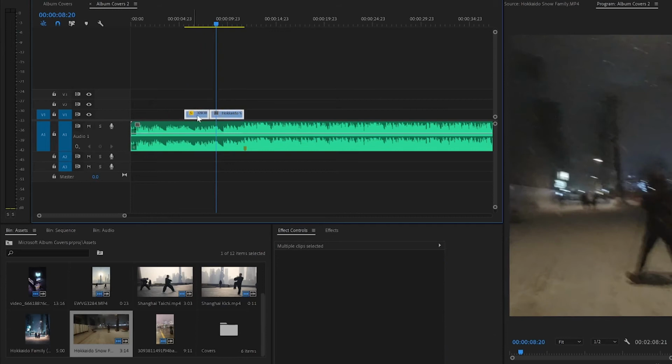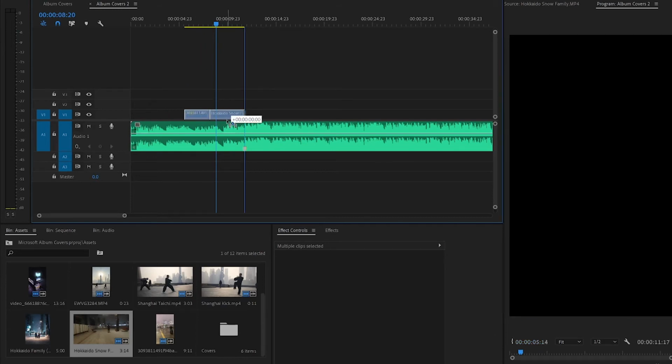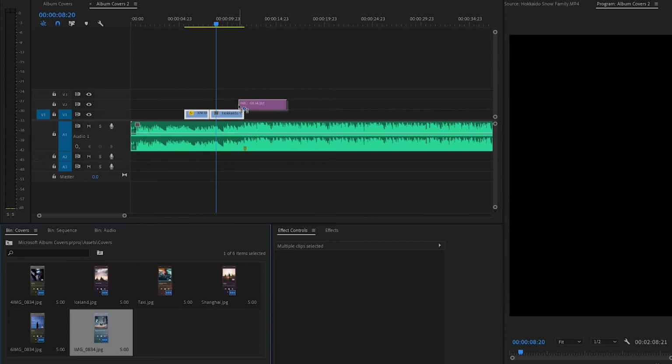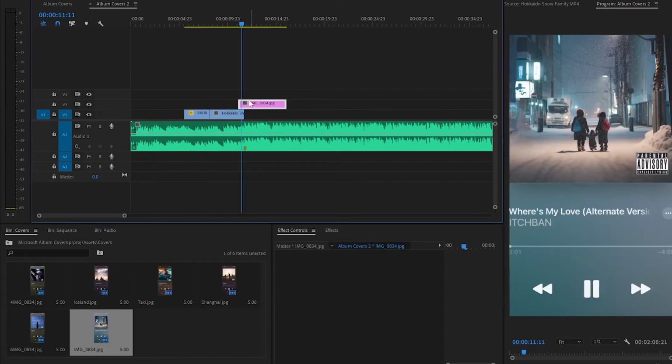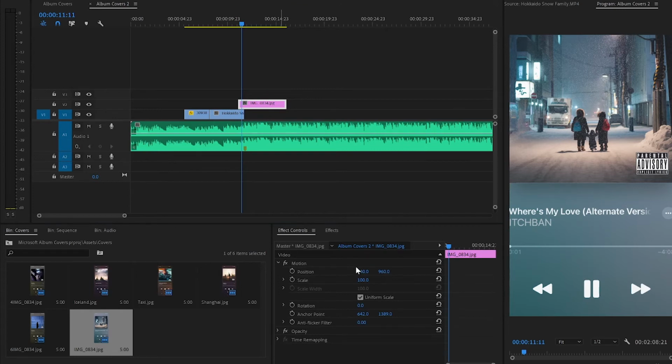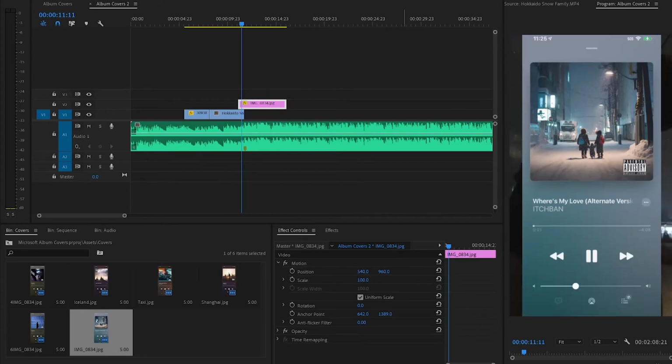I'm going to move it next to the marker and then we're going to drop the photo album in. I want the photo to hit right when the beat drops. Right now the photo is actually too large for this actual size. So what you're going to do is go to the effects control and hit Shift 5, that's the shortcut for that. And then we're going to resize it just so it fits in the actual video, so there's no black